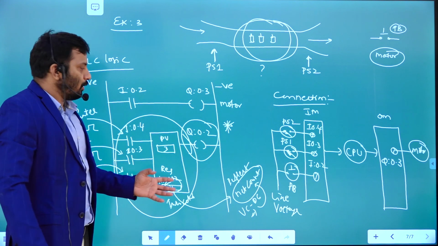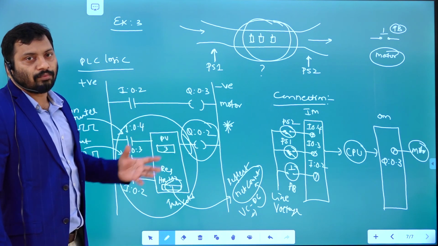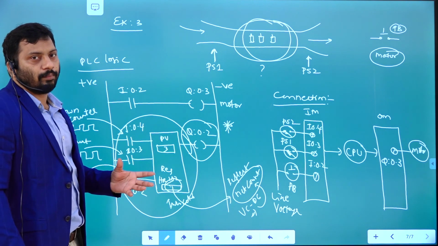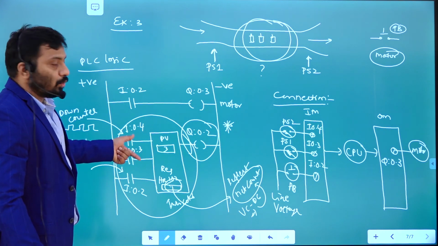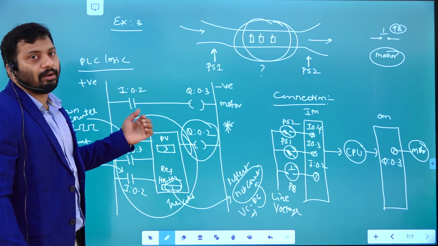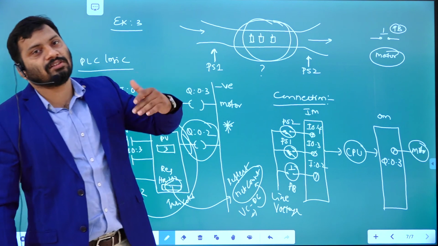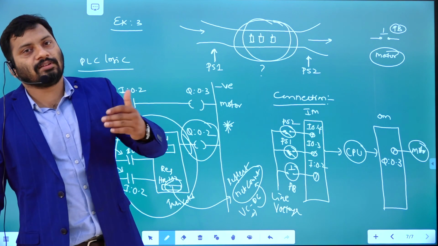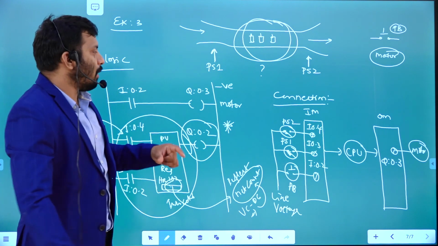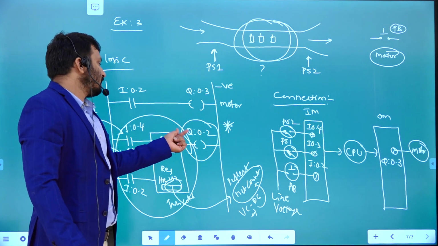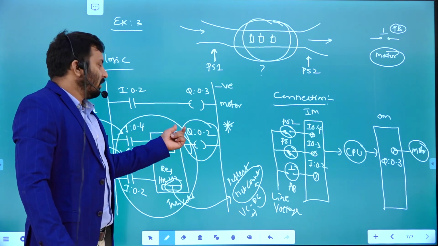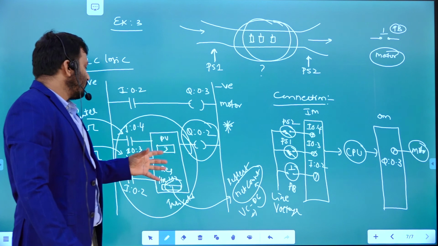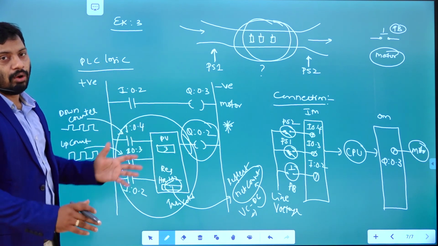Normally, up to now, for up counter and down counter we have only 2 terminals. One is the reset terminal, another one is which is giving pulses to up count or down count. So the only differentiation between up count and down count is the indication, right. This one is the combination of up and down counter, right.